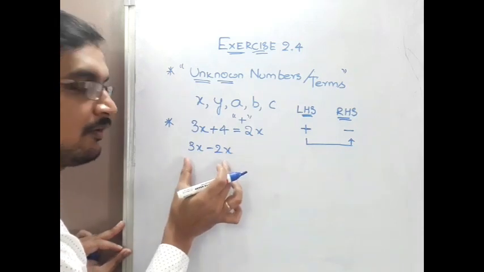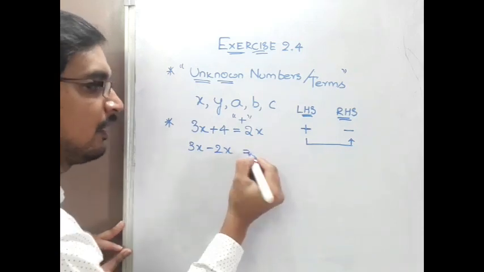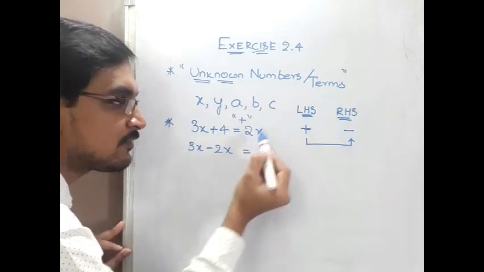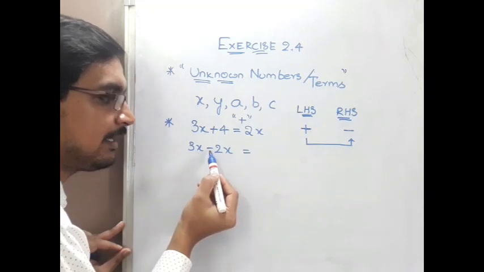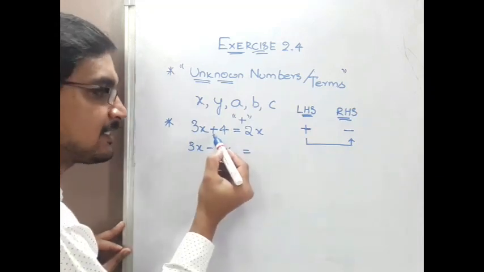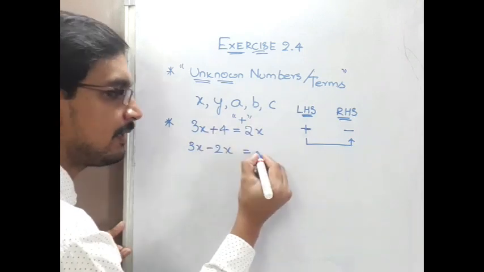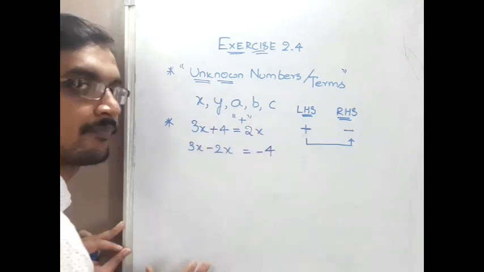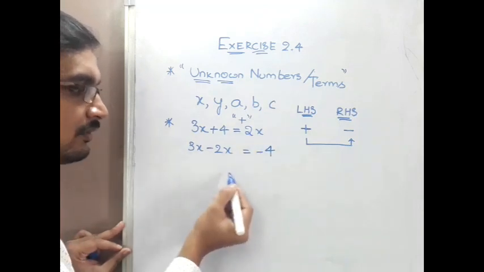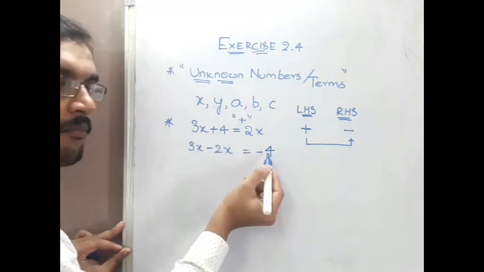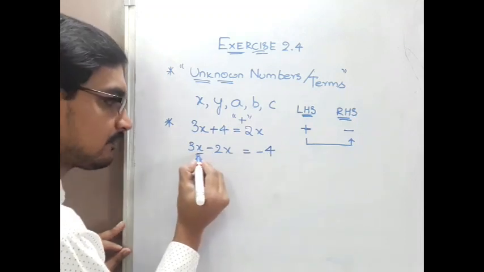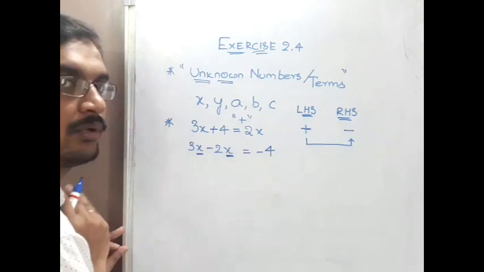Here we are done with the variable part. Now look, plus 4 is there. As I am bringing this 2x from right to left, plus became minus. Simply opposite, keep that in mind. Plus 4, if we transpose to the other side, will become minus 4. Hope you are clear. Plus 2x became minus 2x on bringing to the other side, and plus 4 became minus 4.